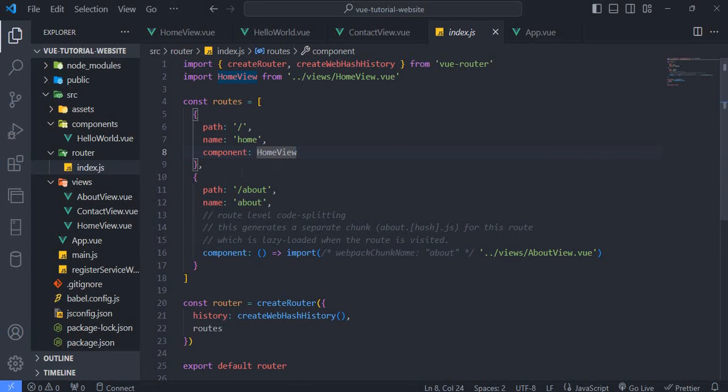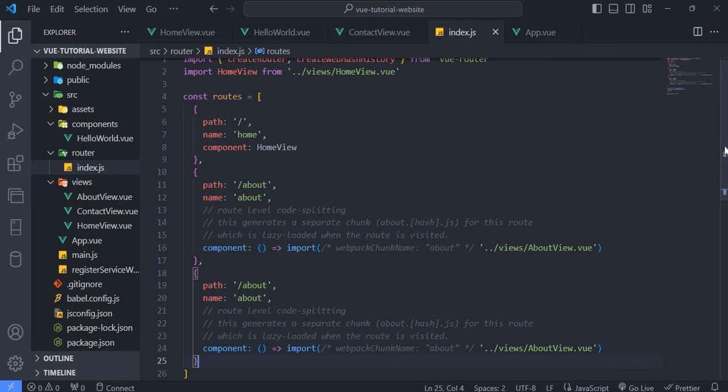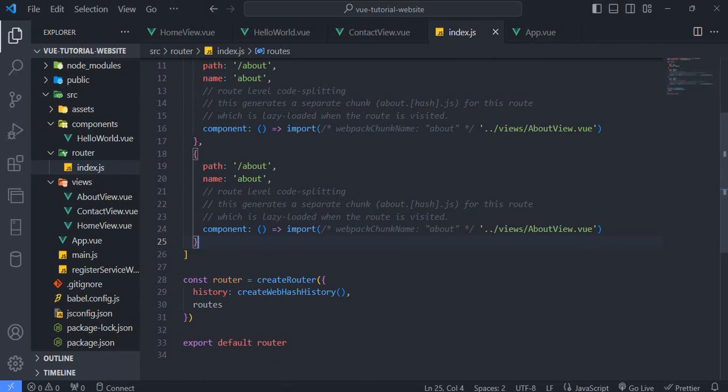So what I'm going to do is I'm going to copy the route for the about view, and we're going to turn this into the contact view. So it should take us to the contact page. The name of it is